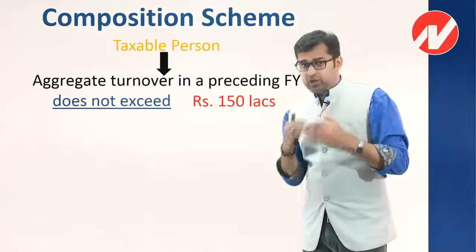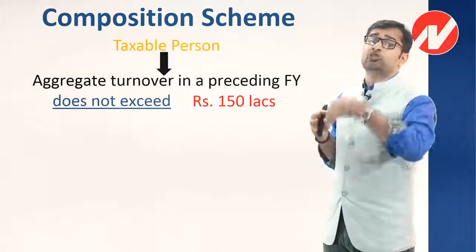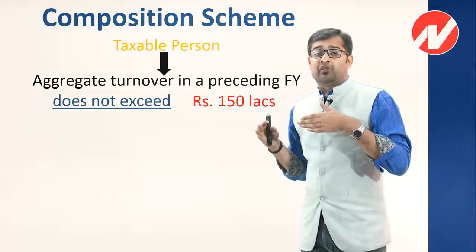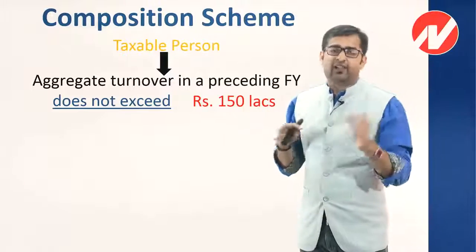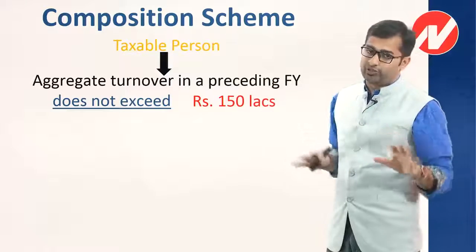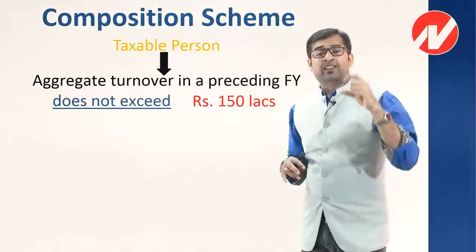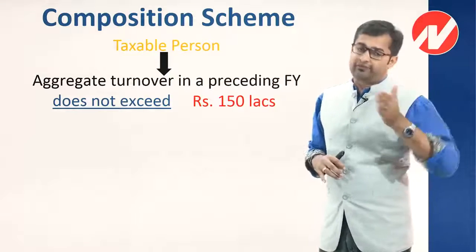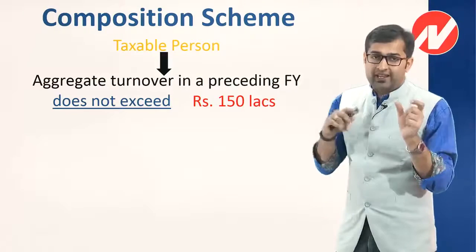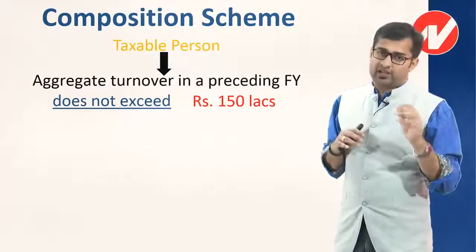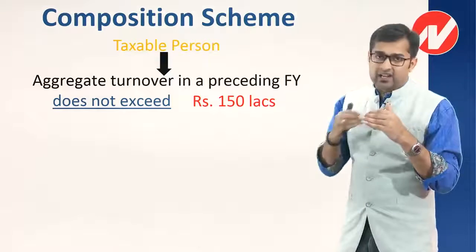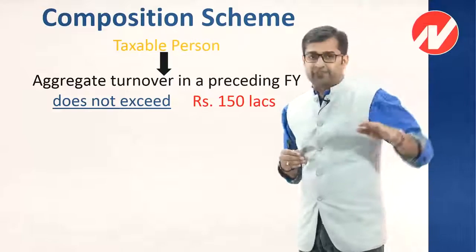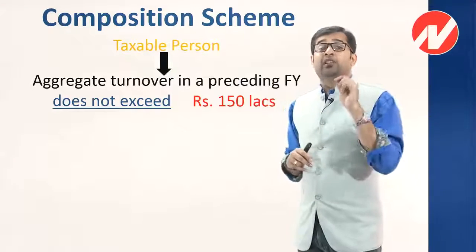So your aggregate turnover in a preceding financial year does not exceed 150 lakh. So the point is, if my turnover is above 150 lakh, you are straight away out of the composition scheme picture. You will remain in composition scheme only when your aggregate turnover is not exceeding 150 lakh. So aggregate turnover, किसका? तो क्या, taxable person का. A taxable person whose aggregate turnover in preceding financial year does not exceed 150 lakh is eligible for composition scheme